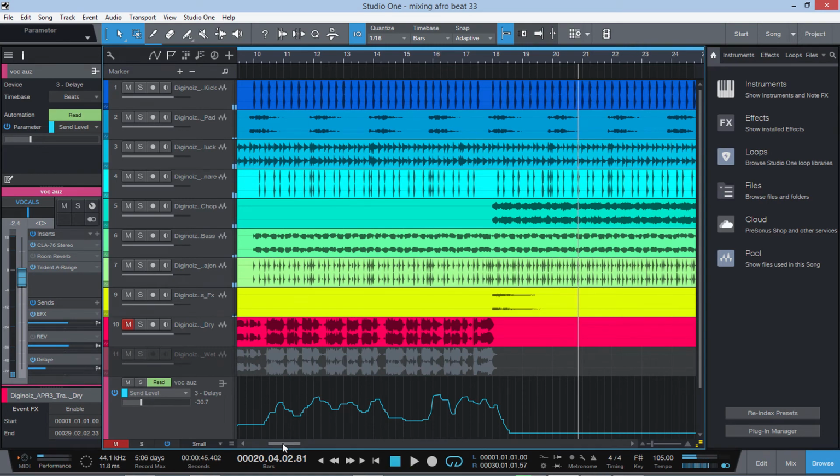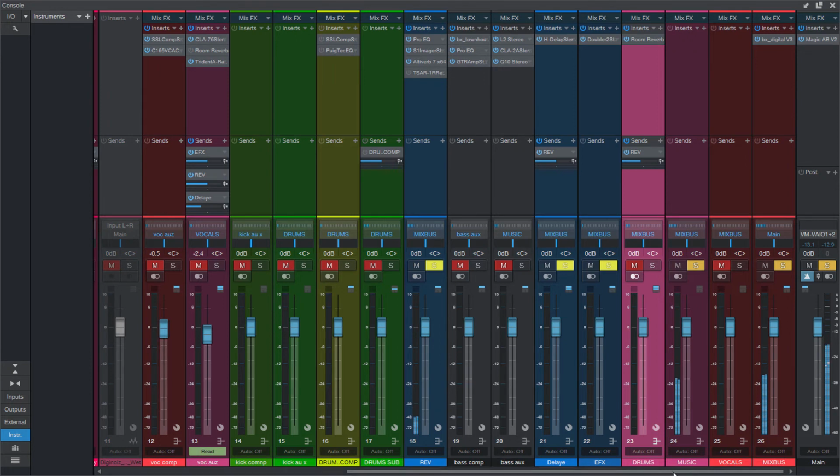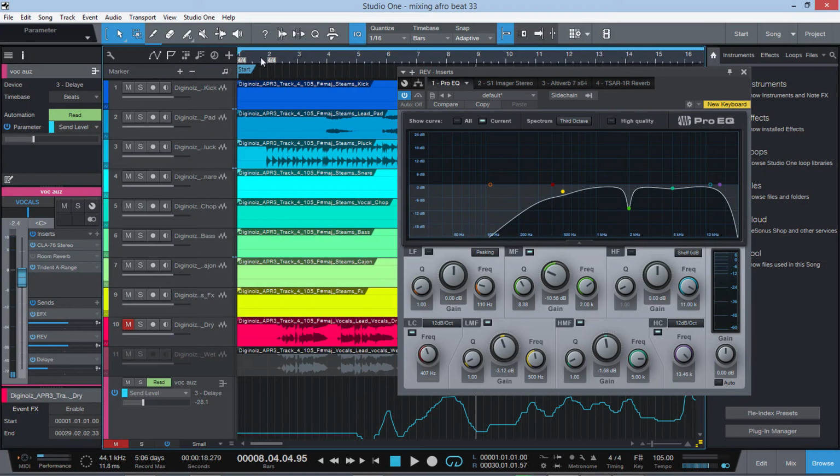And I'm going to take some of the keyboard sounds, like this right here. I'm going to add that to reverb. And what I'm going to do, I'm going to play back the vocal here with the reverb sent to the Altiverb, and we'll see if we can get that